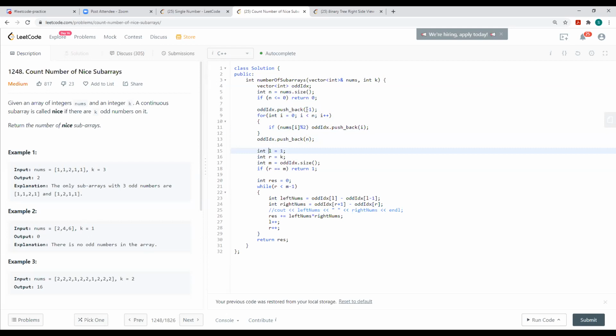It won't point to 0, because 0 is the extreme one index, which actually is not a part of the array, right? The same as with the extreme right also. So I take L, which will point to 1, and R, which will point to K. Okay, so they are actually K distance apart, L and R.